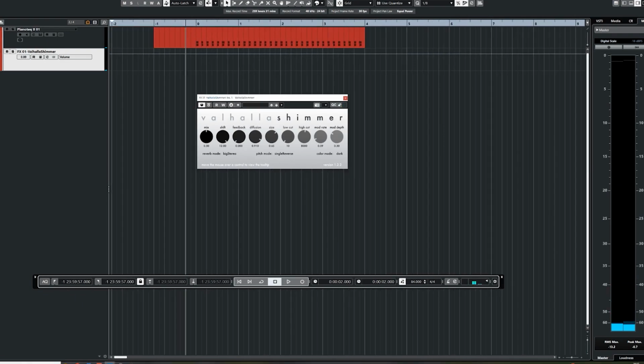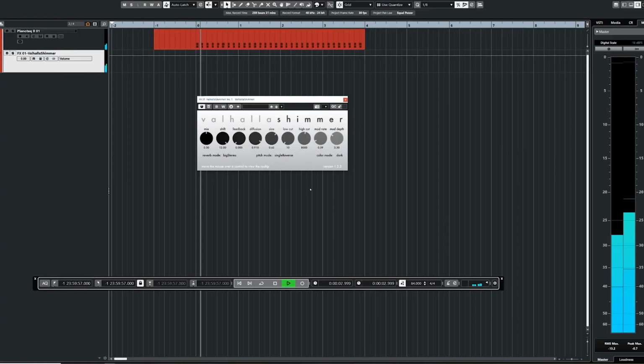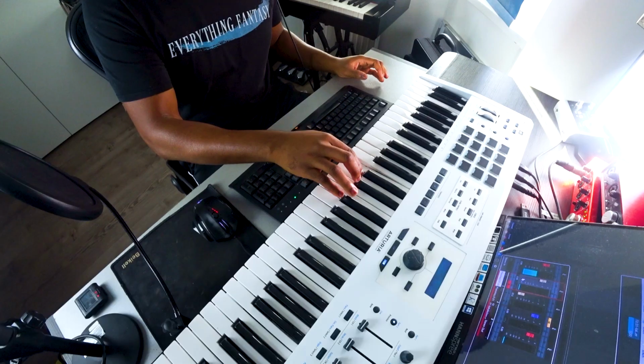I am going to make it pre-fader. The difference simply meaning that the level of the reverb will not follow this fader. So in other words, if I make the piano quieter, that's not going to change the level that's being sent to the reverb. Now you can hear less of the piano and more of the reverb sound, which is what I really want. I should say, actually, from the outset, we are accidentally working in C minor. C minor sounds like this.